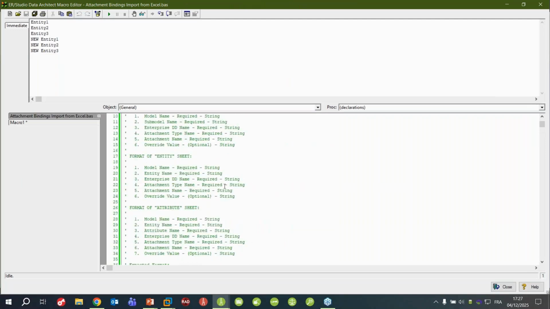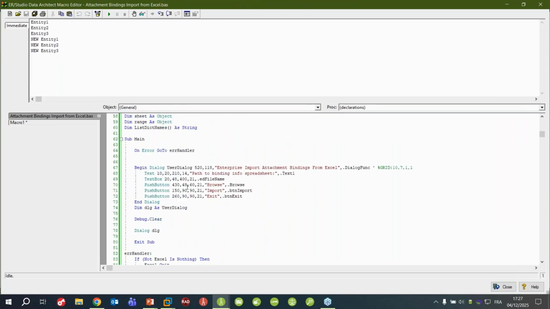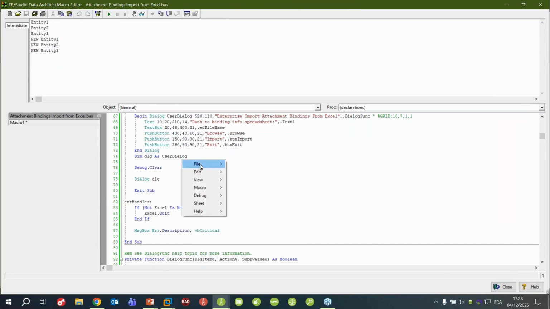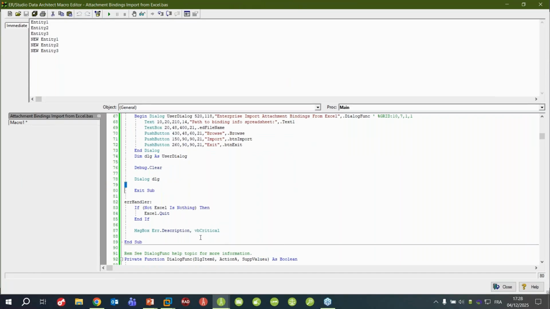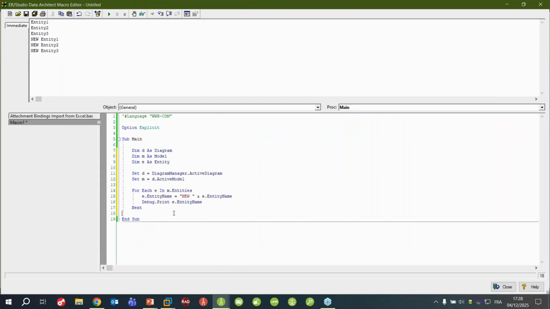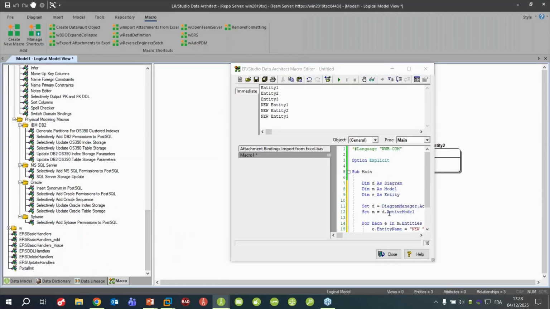And then from the script, usually, if it's for Excel, we will see the format that is expected for the Excel spreadsheet. But then you will see the script. And if it doesn't do exactly what you want to achieve, you can always save your script in your own folder and update this one to do exactly what you want to do, or by creating a new one, and you can copy some part of the other script and directly create your script in your own macros. And then you will be able to use them in your handlers